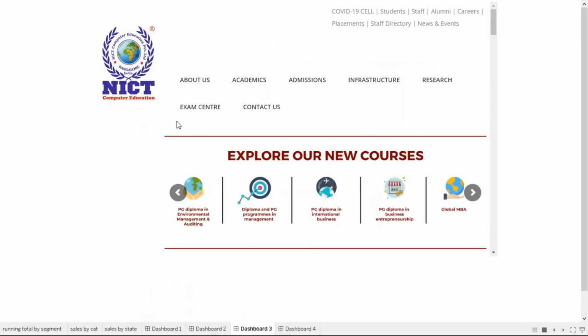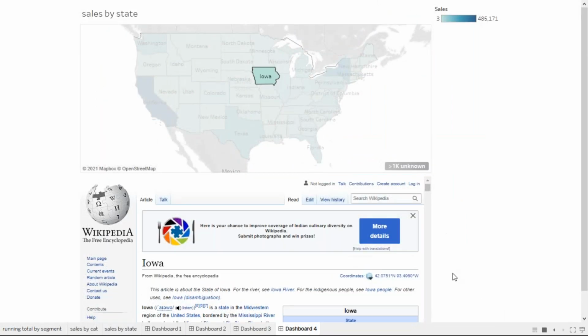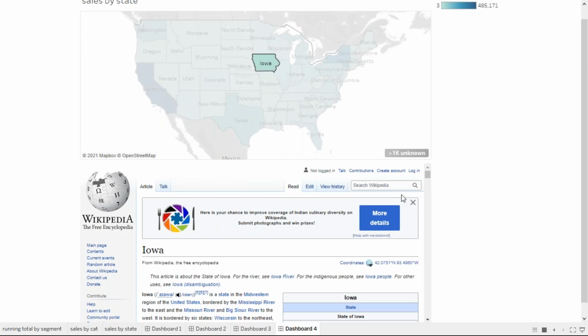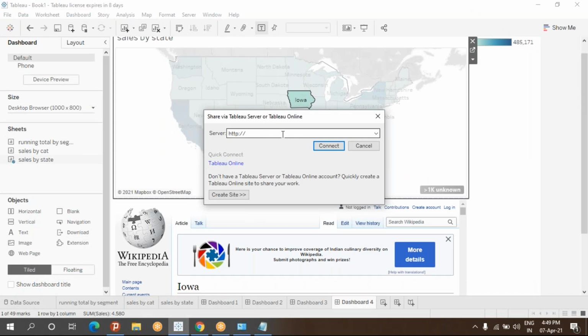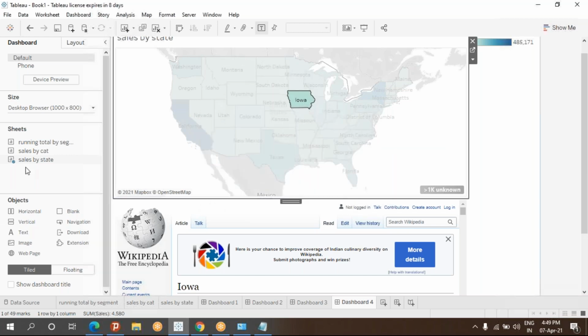Okay, this is our previous one. What we have added, our logos and web pages, and then finally press escape to cancel the presentation. And even you can share this workbook to any servers, websites. If you have the username, the server name and password, you can just load it, or you can share that. You can create a site and you can load for that also. So these options are also available here.